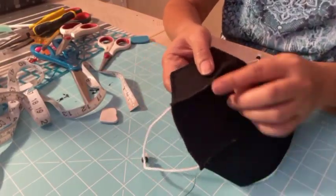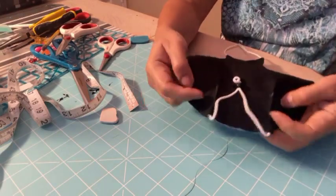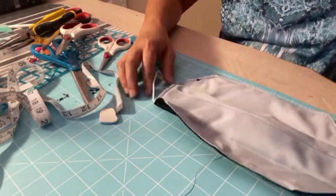So now I'll show you, I sew that part right there, see? That's the inside of it. I only sew the 2 inches, nothing in the center. Okay, so now what you want to do now, we want to